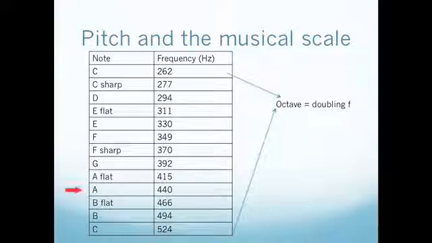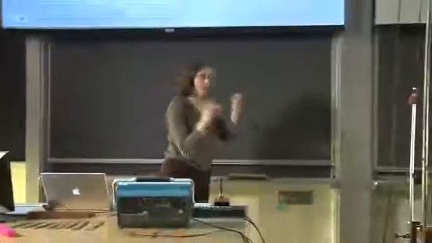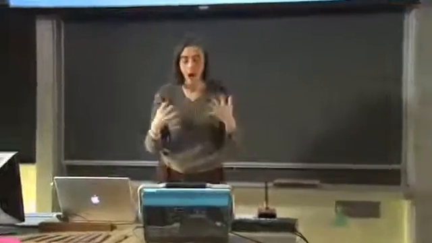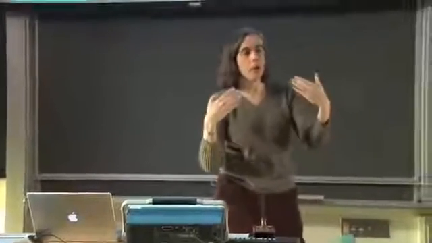Here, right here at 440, is the A that the orchestra tunes to, right? So you may have heard people say, oh, we want A440, right? 440 is describing the number of oscillations per second. So this is the A, the open A string on the violin. Okay, so we've said that how often the air is shaken by the instrument determines the frequency of the sound wave, and the frequency of the sound wave determines the pitch, the musical pitch that we hear. So it seems like the honest question to ask at this point would be, what determines the frequency at which the instrument itself